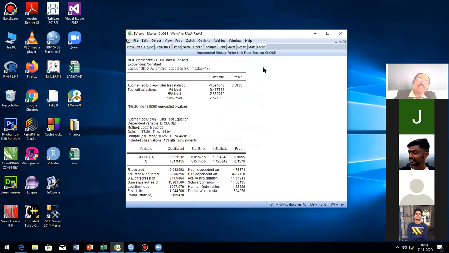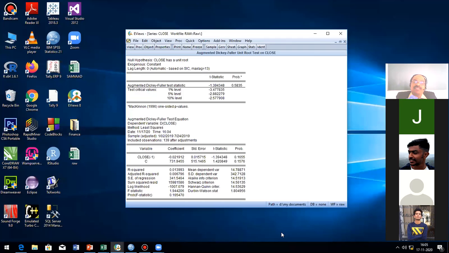Yes, this is the result of the unit root test. In case of null hypothesis, you have to mention that it has a unit root. That is the difference. Most of them, since you have studied in statistics, what you will do, null hypothesis that closing price is not having a unit root. You should not fix the null hypothesis here.